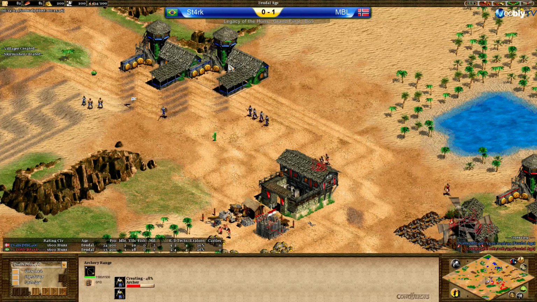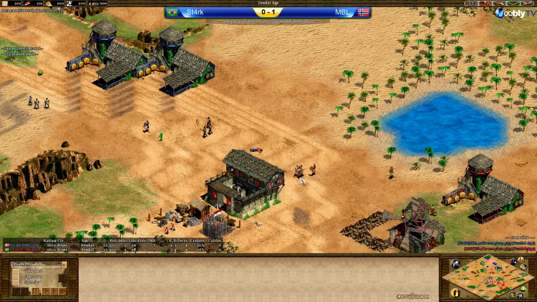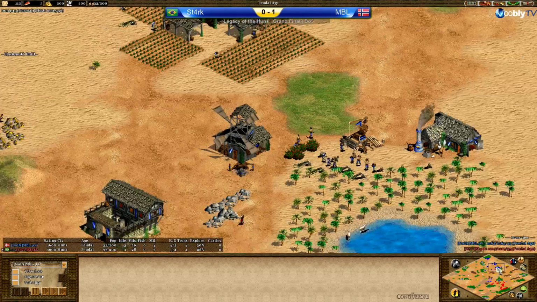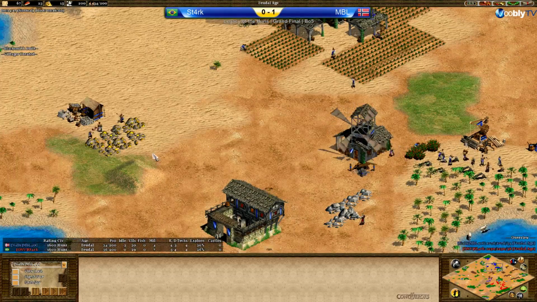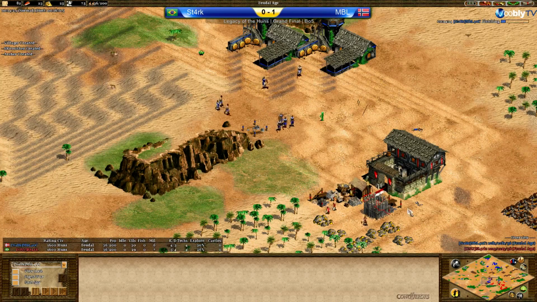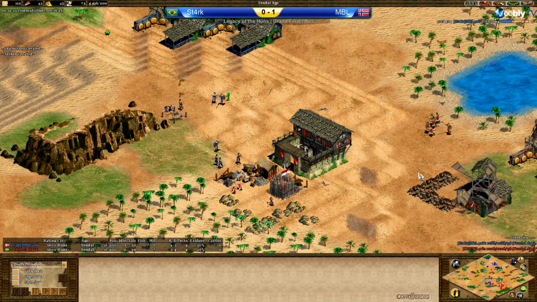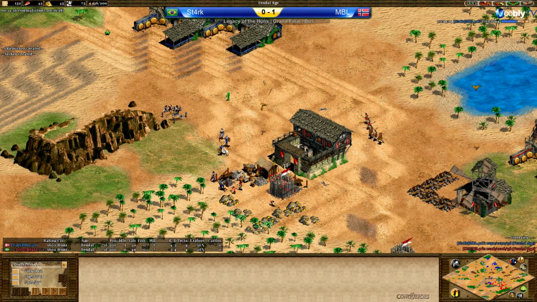Skirmishers now for MbL. Skirmishers and archers. So it's going for a little bit of a combo, as is st4rk. And I think st4rk can assume where MbL's resources are because he scouted all the back and there's nothing. I think he can assume that they're in the front, like most of them. Yeah, MbL's putting a tower up there, which is an interesting position because the tower is